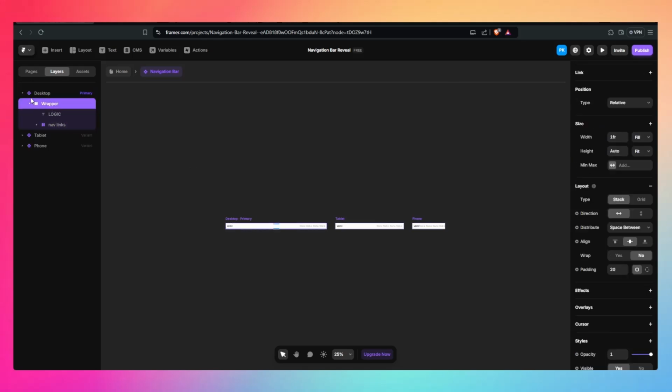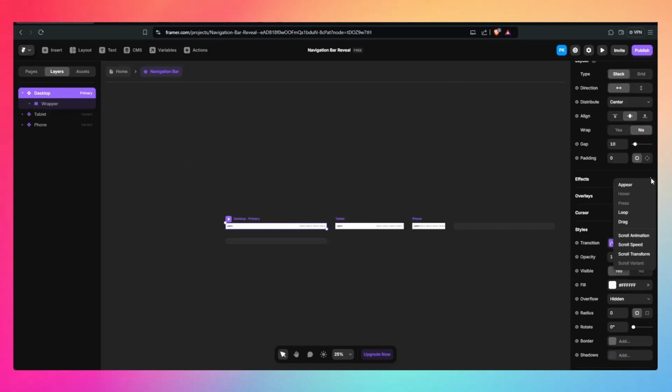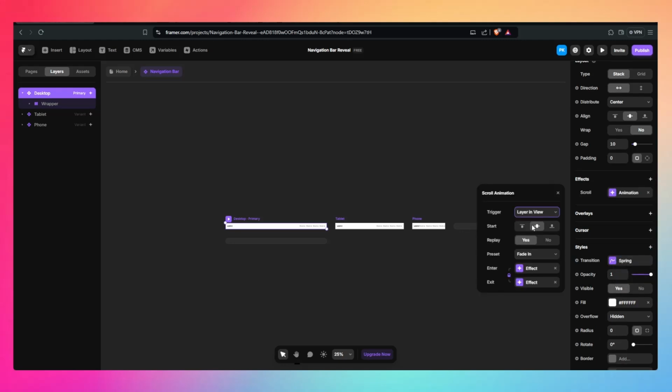Let's click on the desktop, and then I'm going to go to FX right here. If you scroll down, you can see this thing known as FX, and I'm going to select scroll animation, and change the trigger point to on scroll, and direction needs to be down by default. Replay needs to be yes, because we're going to scroll up and down, and we can see the navigation bar hidden and revealing itself when it is scrolled up or down, depending on what type of scrolling we are doing. And the preset is going to be fade out, and the effect is going to be